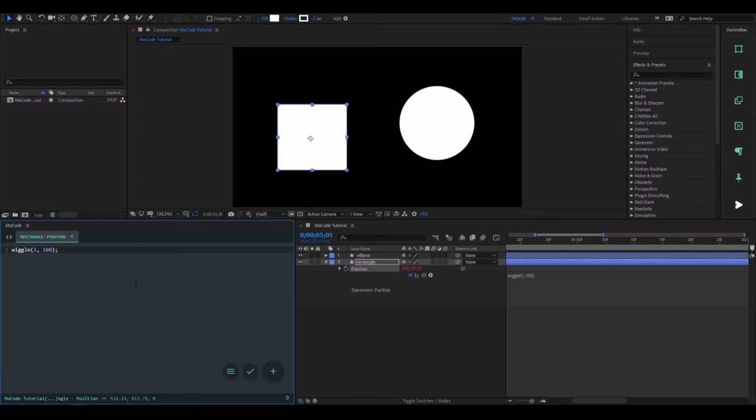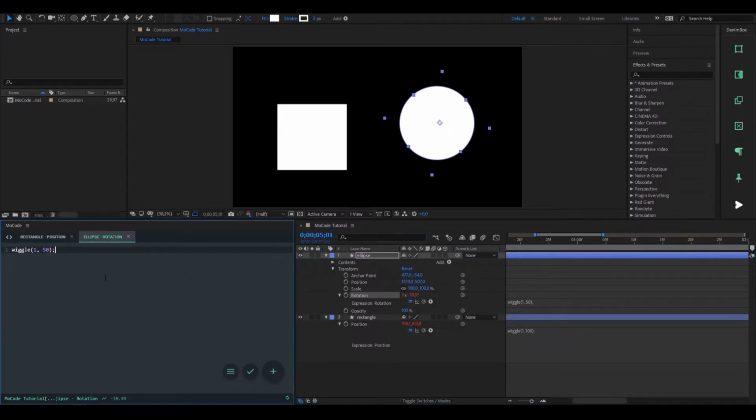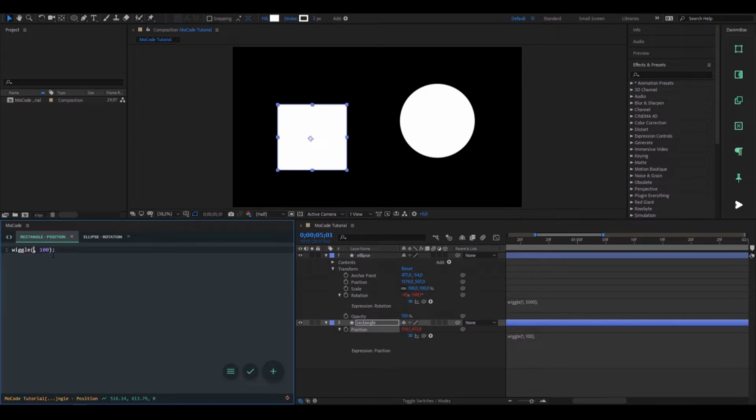In this first situation, we have applied an expression to a property that hasn't got any expression. Now we would like to import an existing expression and modify it with MoCode. You just have to select your property and click on the Import Expression button or use Ctrl-I, like that. As you can see, it has opened a new tab. And if you modify there the value of the amplitude of your wiggle, it will be updated inside After Effects too. If I go back to my position and I change something on the expression, the same thing, it's updated